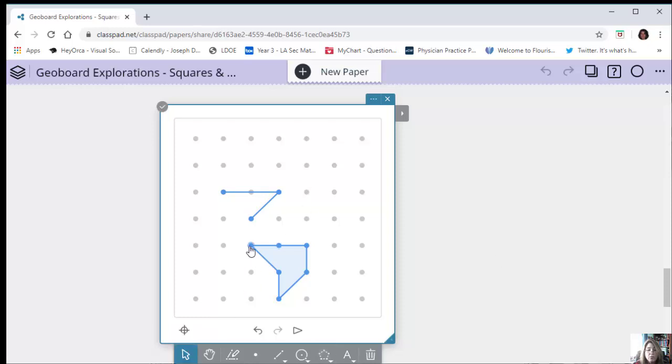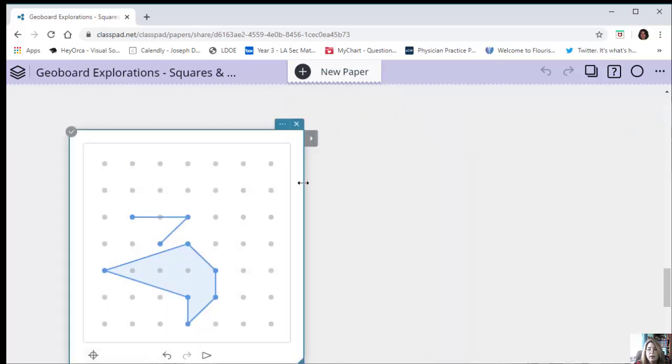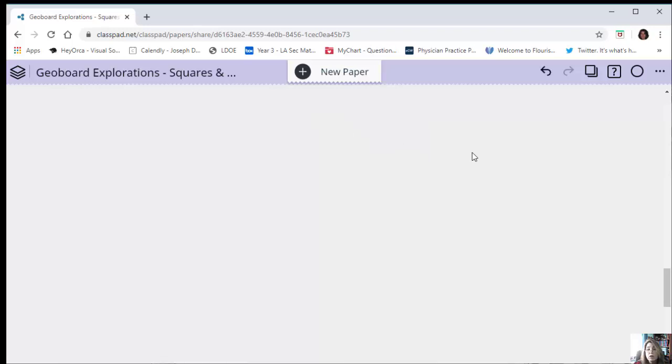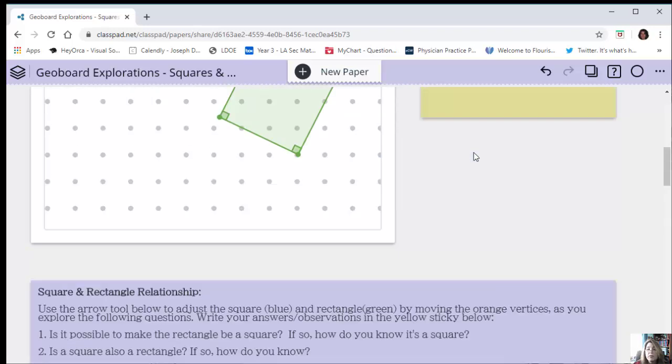And then once you have the geoboard, you can obviously change those shapes. So notice, because I chose snap points, the points as I move them will snap to a whole point that's on the geoboard. So this is thinking of rubber bands. Teachers who use geoboards, this is sort of behaving like the rubber band would, right? So that's the easy way to make a geoboard with Classpad.net, and I can move this now wherever I want. I can enlarge it and use it as I want. So I'm going to just erase it because I already have my activity created